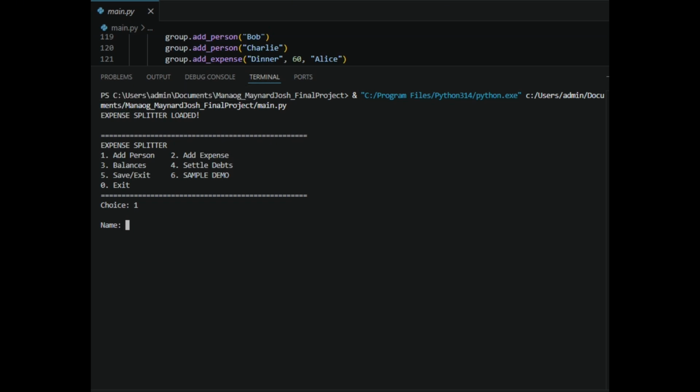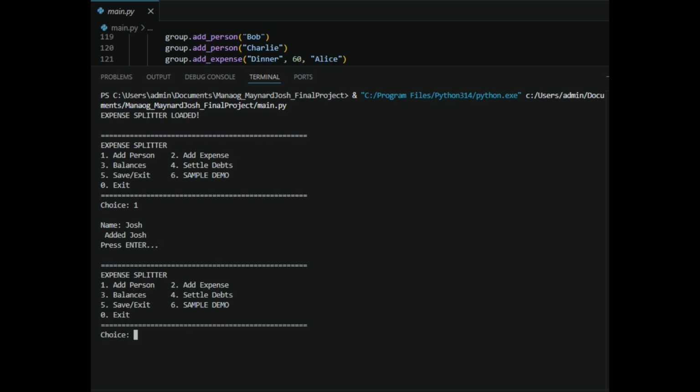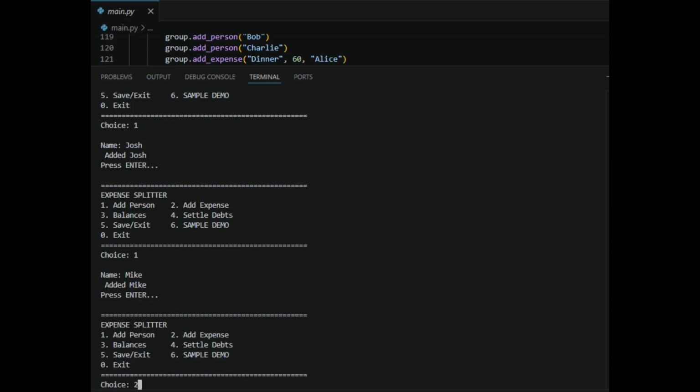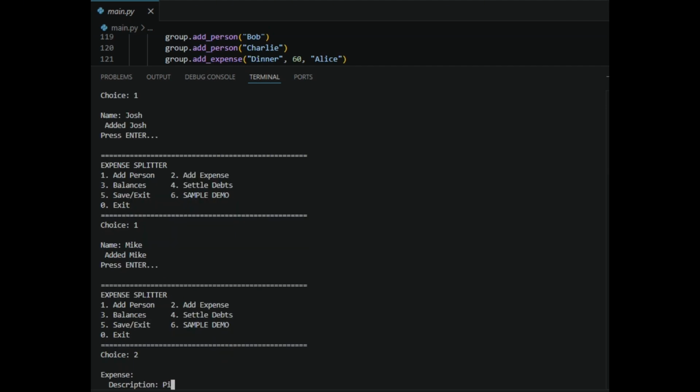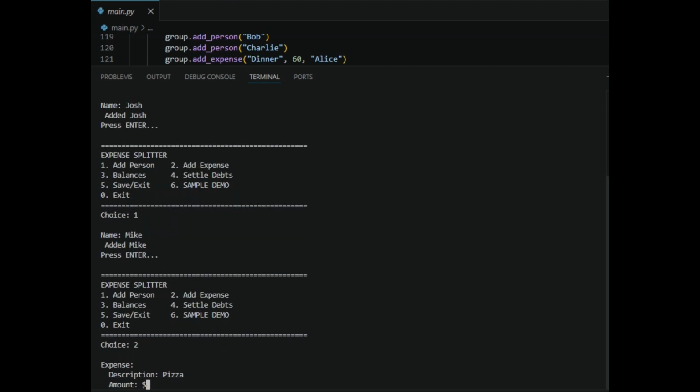Now I added myself. Now I would also put my brother Mike. Then I would put choice number 2 for add expense. So the description is pizza. The amount of the pizza is $25 and paid by me.